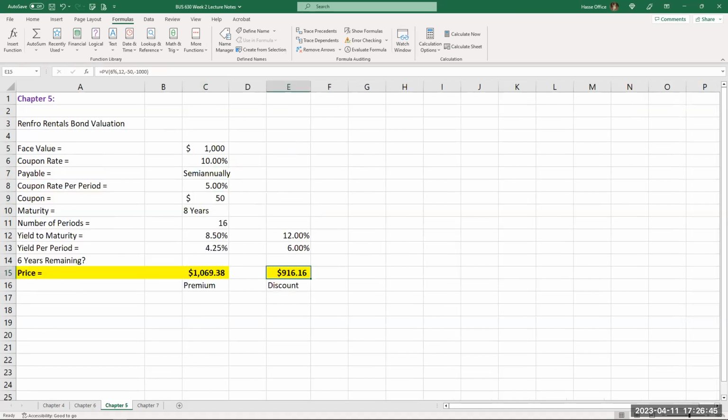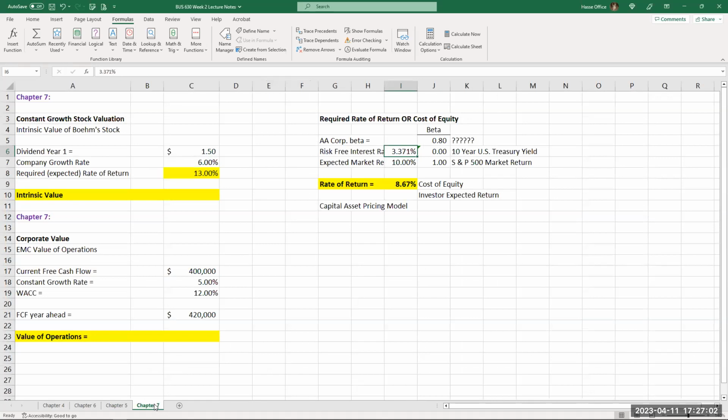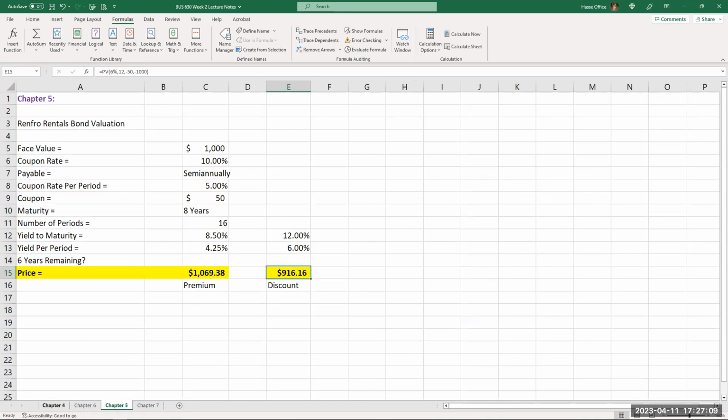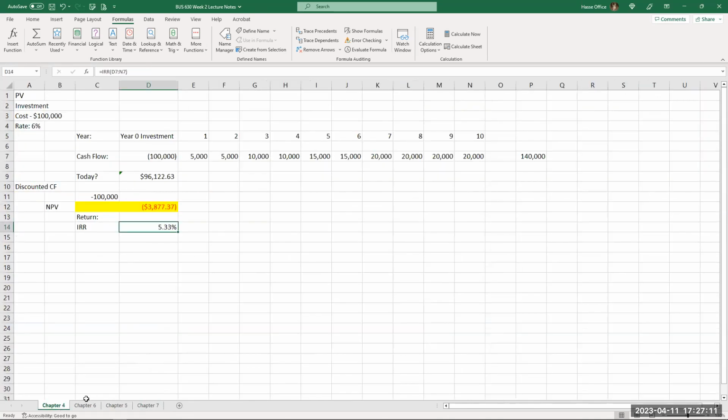And then we took a look at the introduction of bonds. What is a bond? What does it mean? And how interest sensitive it is as market rates change. We'll talk more about that also in our Friday update video. There's one other tab here, which is chapter 7, which we'll include in our lecture next week when we talk about stocks. But this is a great but simple set of lecture notes, which is posted to your week 2 Blackboard.